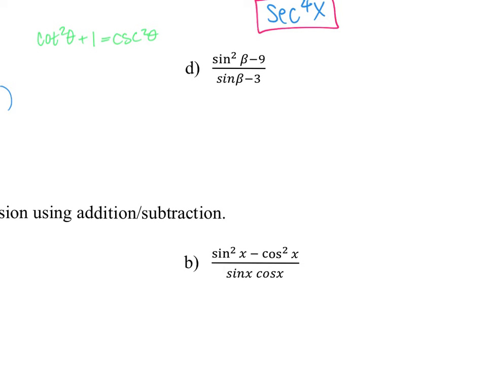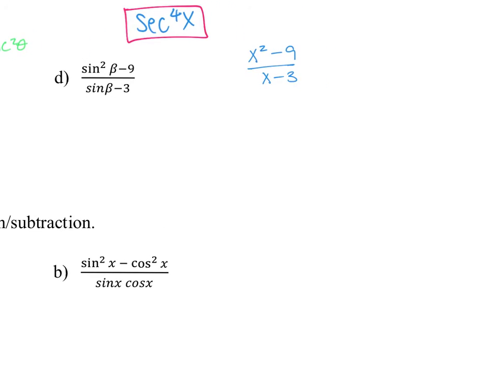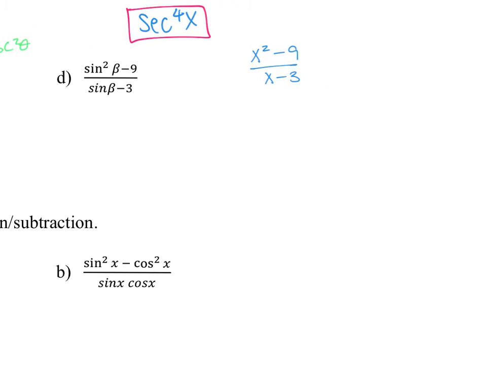So I'm thinking here, maybe I can try to factor this top, because now that I look at the top, it kind of reminds me of x squared minus 9. Yeah, you feeling me? So what I'm thinking is, like, if I treat this sine kind of like an x here, and if I'm thinking this correctly, and the bottom here is like an x minus 3. So I'm just kind of playing with my mind right now, and I'll come back to this problem. So like I know how to do a problem like this. If I factor the top,